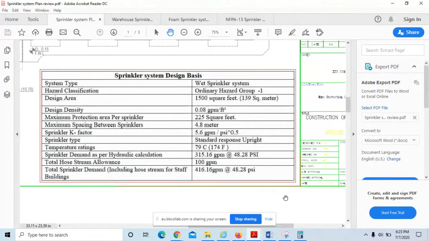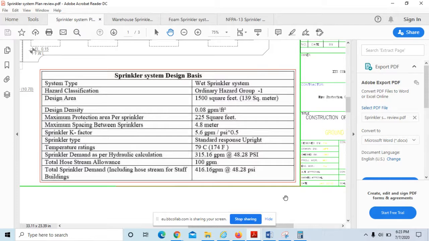Yes. And then they have used K factor 5.6, it's okay, acceptable. But how about the sprinkler type? Sprinkler type standard response upright. What is the need of an upright sprinkler for those applications? No, they have to use a pendant sprinkler. They must use pendant in the finished ceiling level. And also, why should it be standard response?